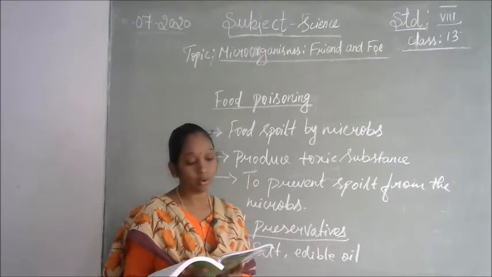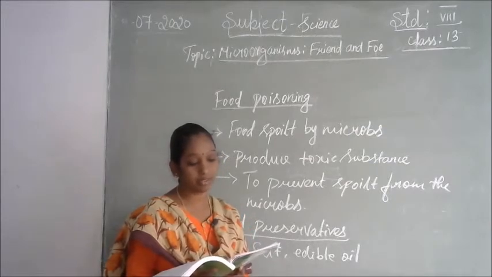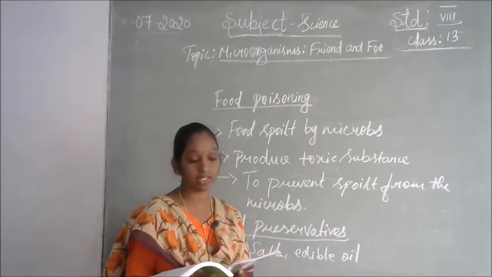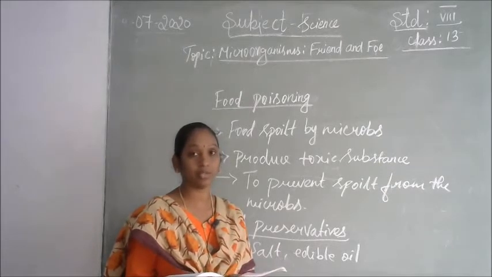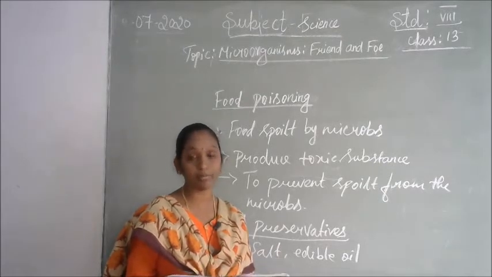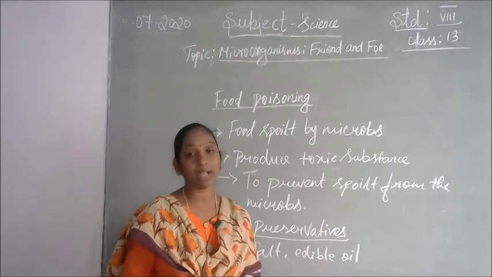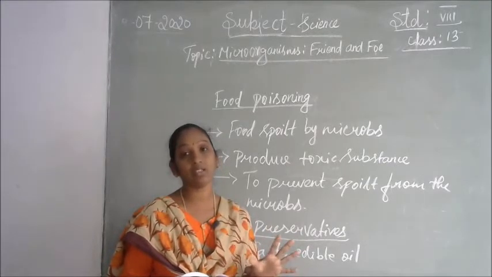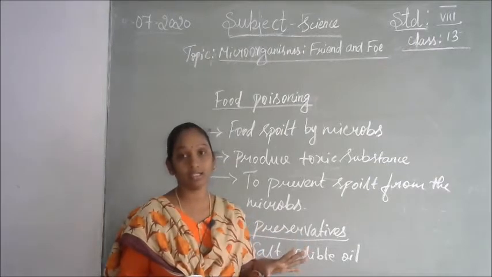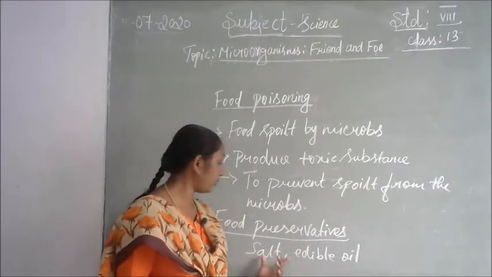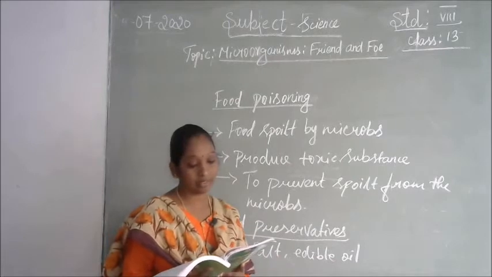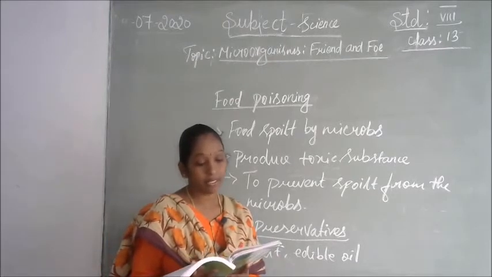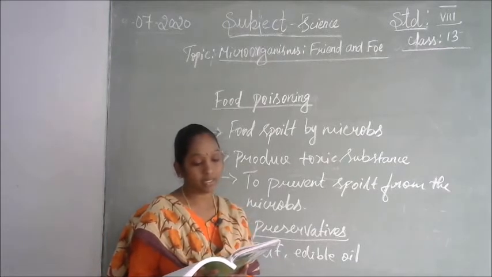We add salt and acid preservatives to pickles to prevent the attack of microorganisms. Commonly pickles use these preservatives. In homemade pickles like mango and lemon pickles, when we cut the fruit, your mother immediately adds salt. So salt is the main preservative for pickles. And sodium benzoate and sodium metabisulfite are common preservatives.